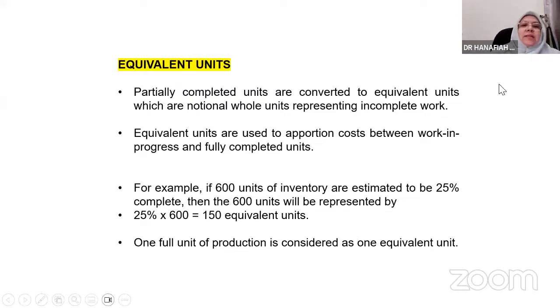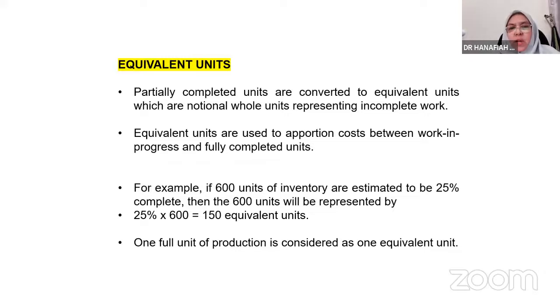Equivalent unit actually is the partially completed units which are converted to equivalent units, which are notional whole units representing incomplete work. What we can see here is that in the process we have the complete units, which we can conclude are 100% complete. However, at the end of the month, not all the product in the process is completed. So therefore, for the remaining balance that is incomplete during the month, we can calculate the equivalent unit